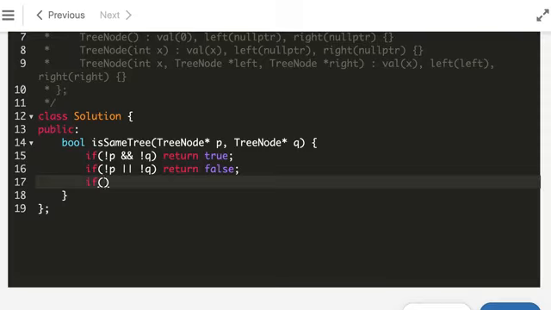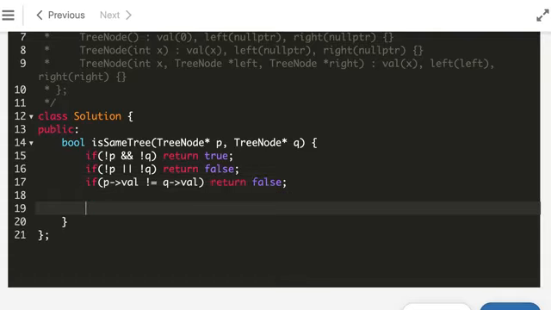If both are not null, then we check their values. If P.val not equal to Q.val, return false. Now root is valid. Its value is also same if it exists. So return